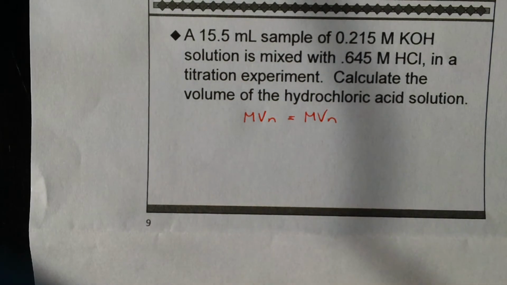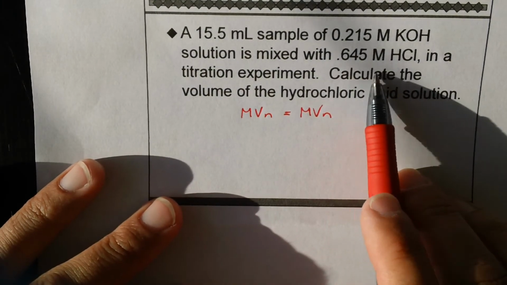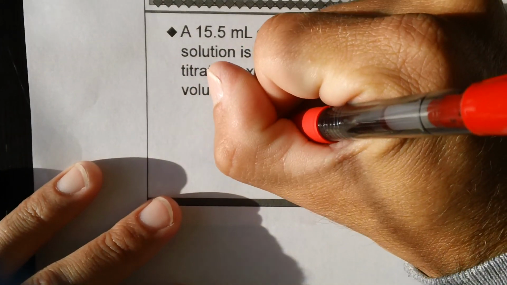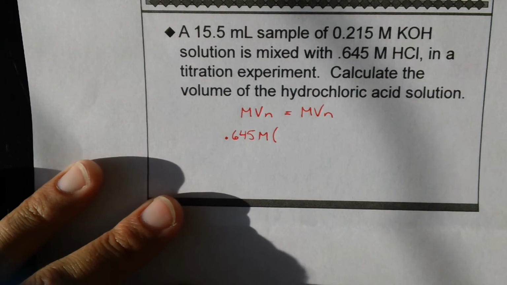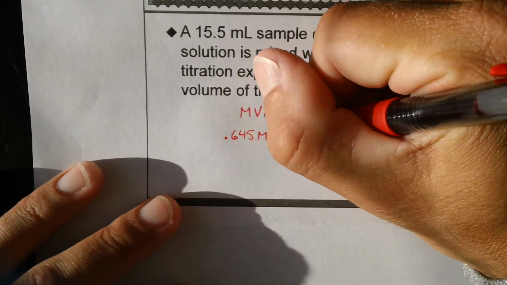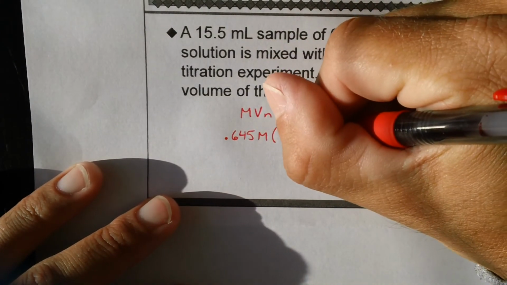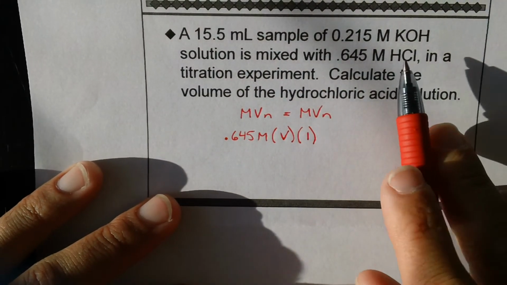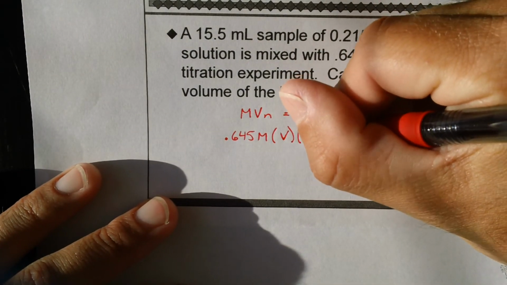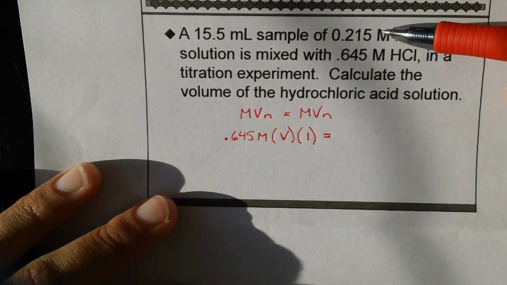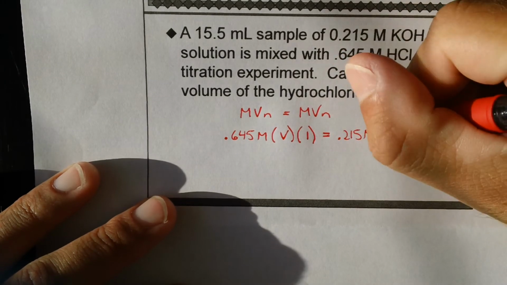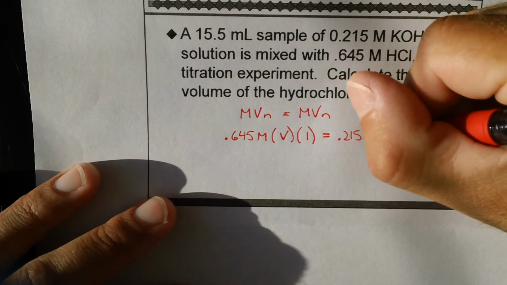I always put the acid stuff on the left. This time it gives me the concentration of the acid. So 0.645 molar times the volume of the acid. That's my question mark. Calculate the volume of the acid, times the number of particles. For HCl, we just have 1 hydrogen that's going to be given off or ionized. That will equal the molarity of the base. They gave us 0.215 molar times the volume of the base,